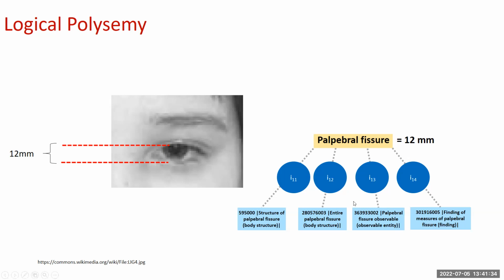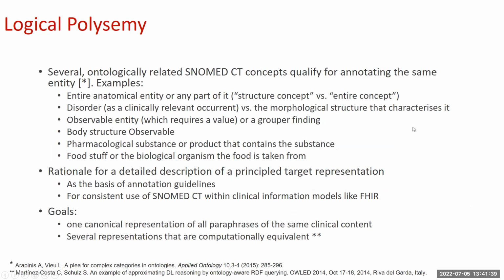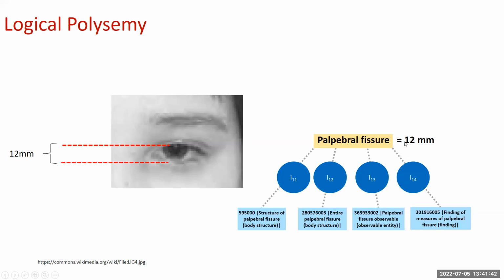Well, here perhaps the answer is very straightforward, because this is something which is completed by a measurement, and therefore you have to take here the observable entity. But sometimes you don't find an observable entity, for instance, because the observable entity hierarchy is really not very complete, probably due to unresolved issues with LOINC. So that sometimes if you have something like potassium in serum, you don't find an observable. You have to take another one.